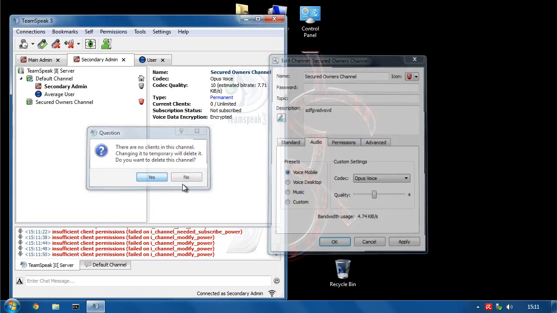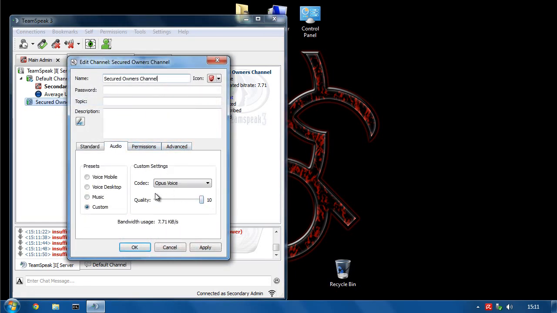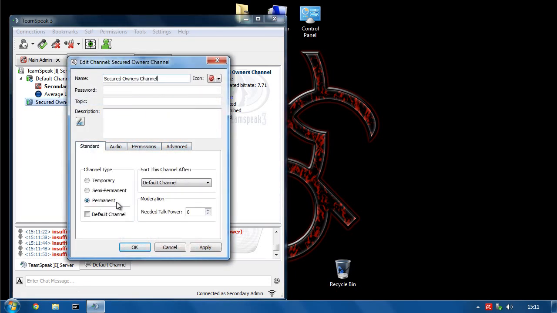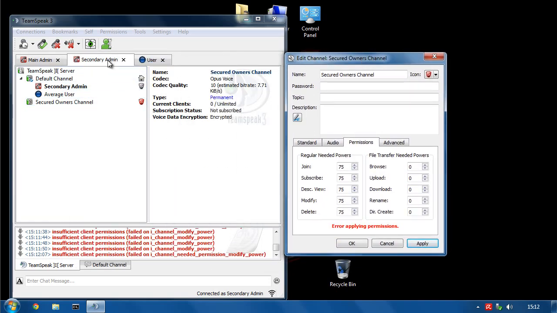Okay, click OK. And it won't do anything. It won't let me tweak anything. The quality is still maximum. It's still a permanent channel. And if I try and change this to 70 to get inside of there, it won't let me, because I've only got, on this secondary admin, I only have a power of 70. So I'm not